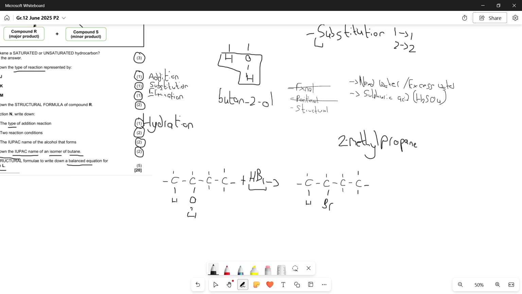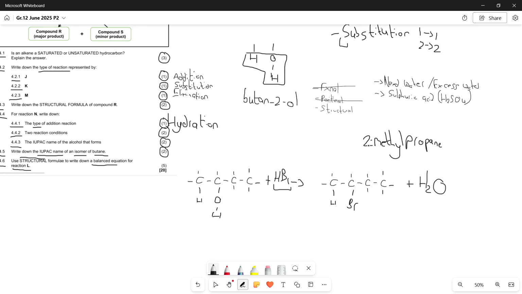We need this Br to join over here and this OH to join that H over there, which means once this Br has joined, what we have on this side as well, because a reminder that we're going from 2 to 2, is our H2O, because this OH joins that H when this Br joins over there. So the Br swaps with the OH and this OH joins this H over here, which means we have H2O, and that is what we have on the right side over here as our product, which means we have just completed this question